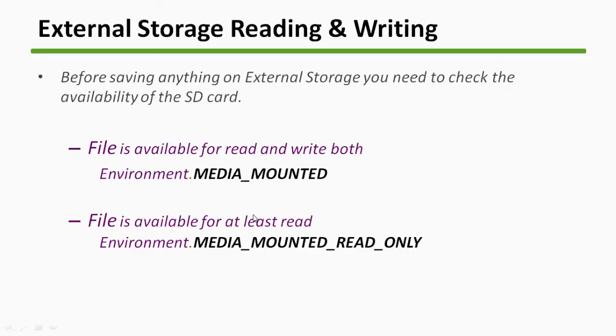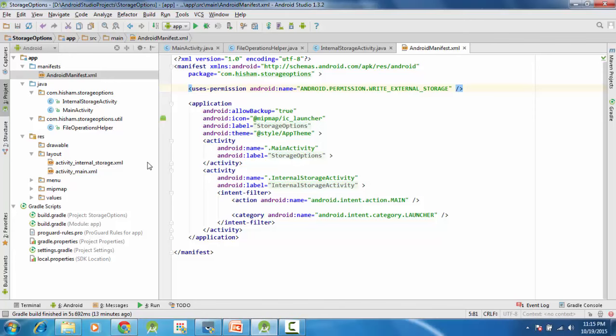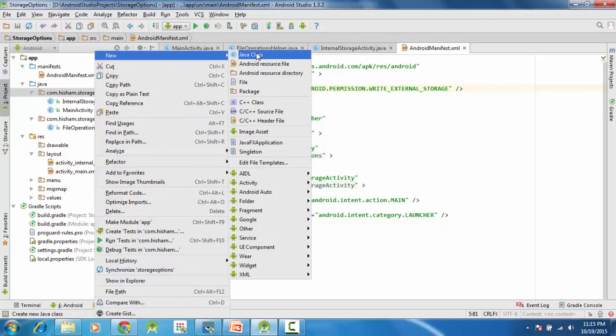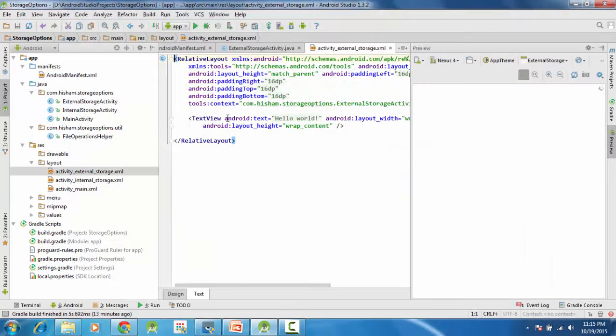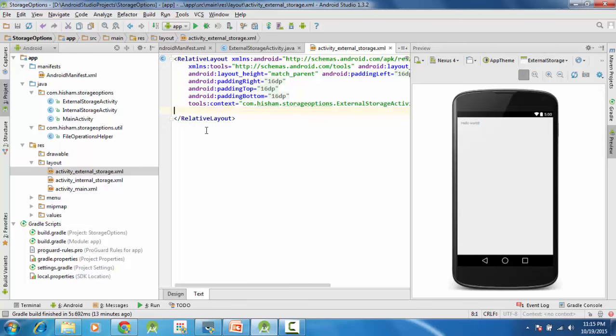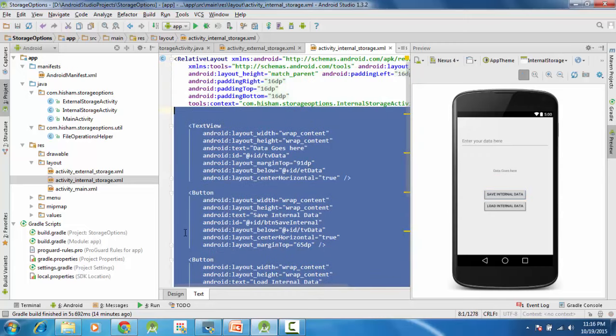Alright, let's see this example now for the external storage, the last topic of this session, and let's go back to the code. Okay, so for this purpose I will create another activity, new activity, blank activity, and I will name it external storage activity, and everything will remain the same. I will even copy the fields from the internal storage because the layout will be almost similar. Not almost, it will be completely similar. So external storage,